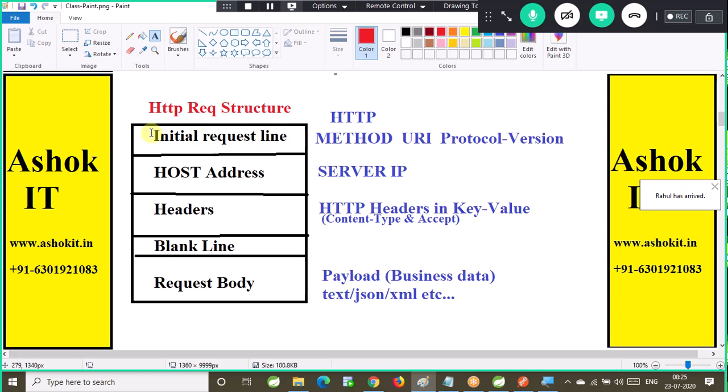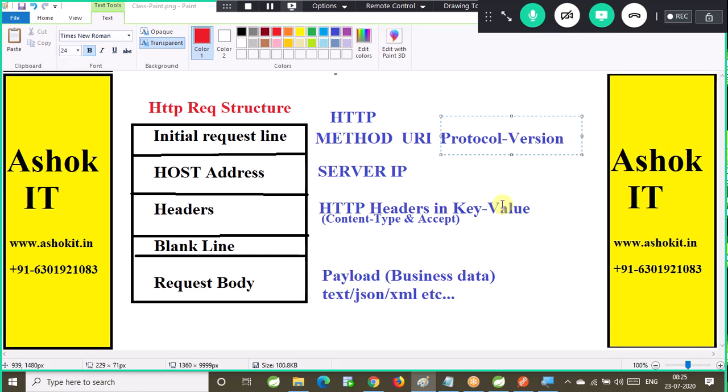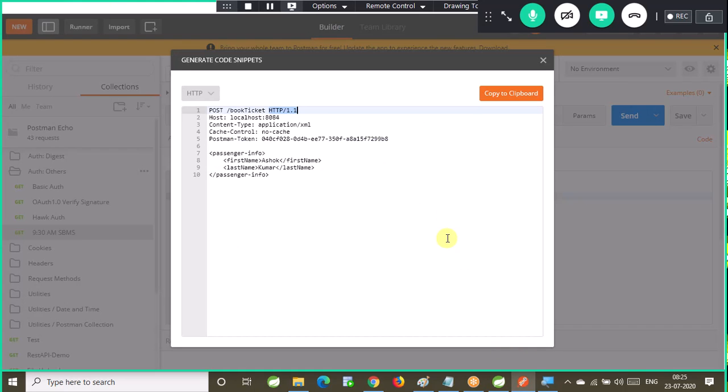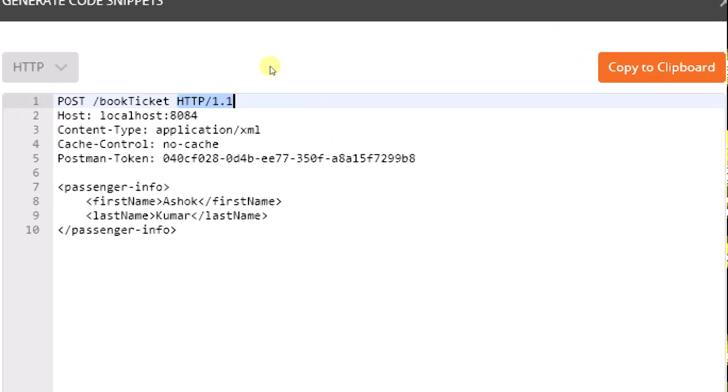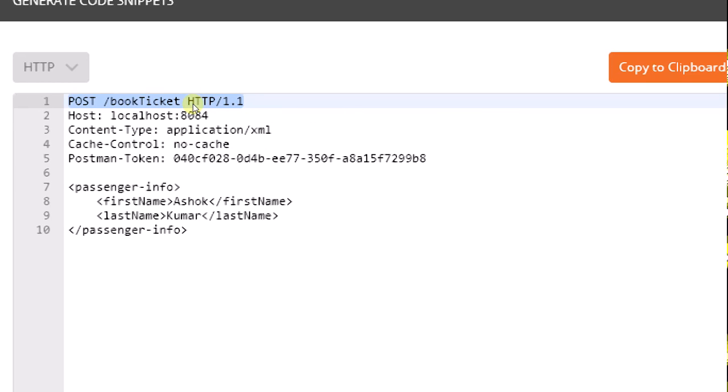Yesterday we saw on Wikipedia that the latest version of the HTTP protocol is 3.0, but still here it is using the HTTP 1.1 version only. This is called my initial request line.